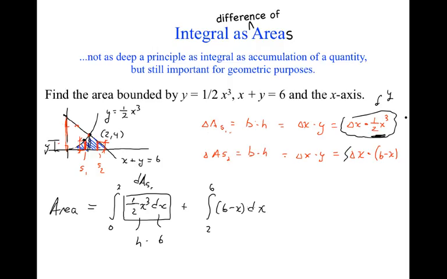Any more comments about this problem? Observations? Yes, sir? Yes, we can do this differently and only have one integral. But not this way. You can't make your strips that way. If you make your strips vertical like that, you've got to do two integrals. But what's another option? Make your strips horizontal. If you make your strips horizontal,